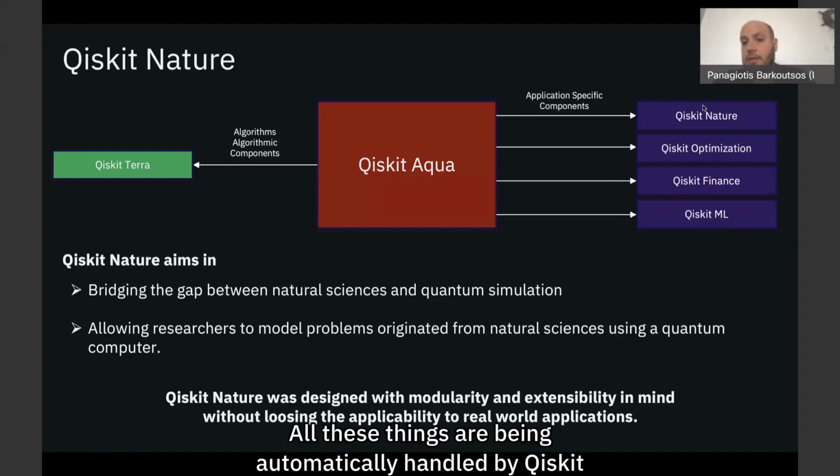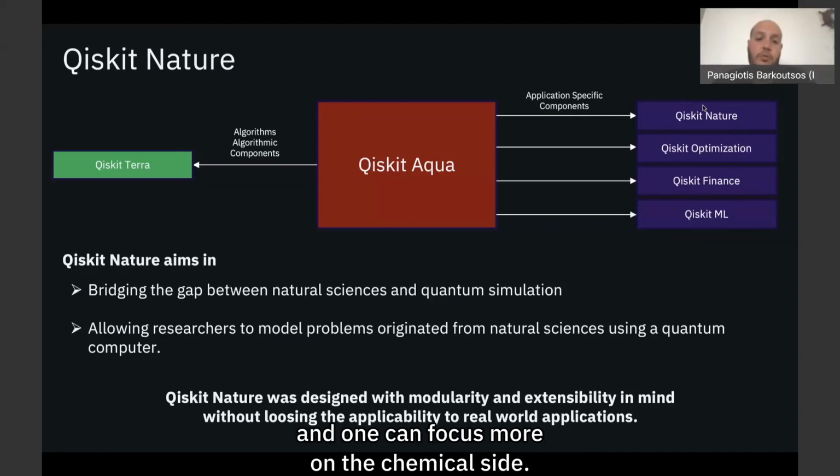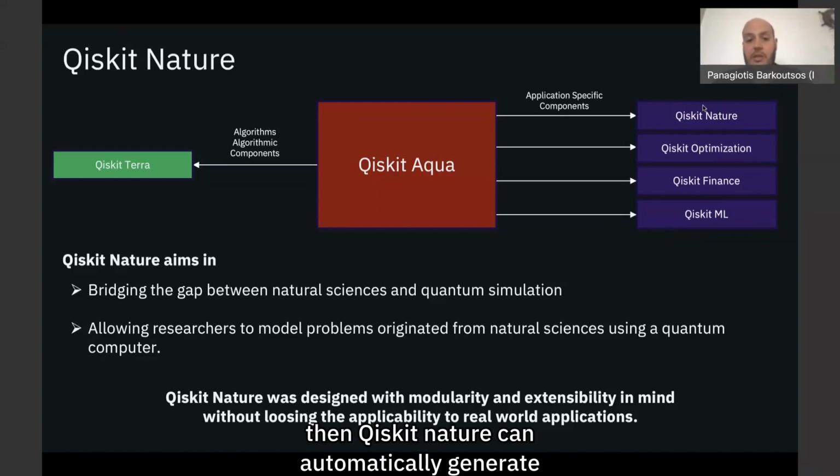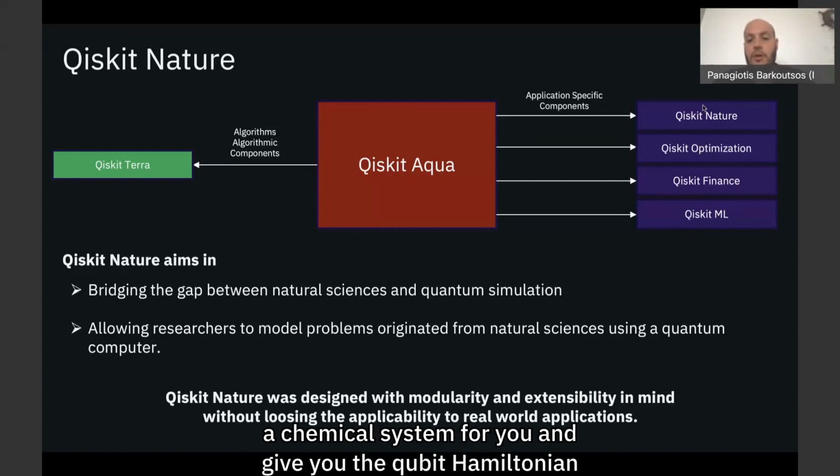All these things are automatically handled by Qiskit, and one can focus more on the chemical side. On the other side, someone more on the algorithmic development side who wants to test a chemical system can have Qiskit Nature automatically generate a chemical system and give the qubit Hamiltonian to use